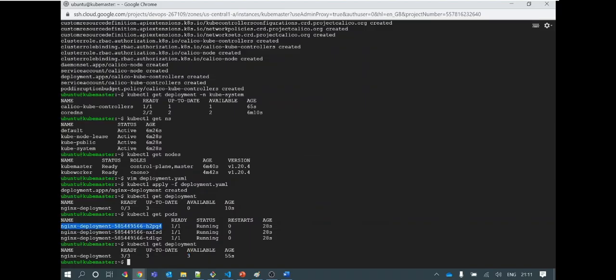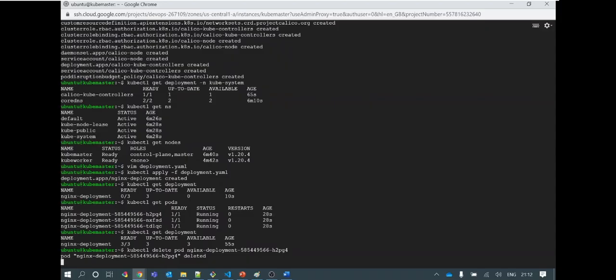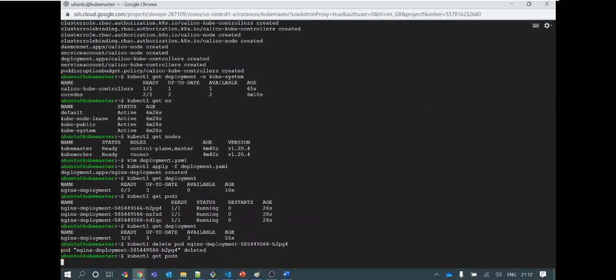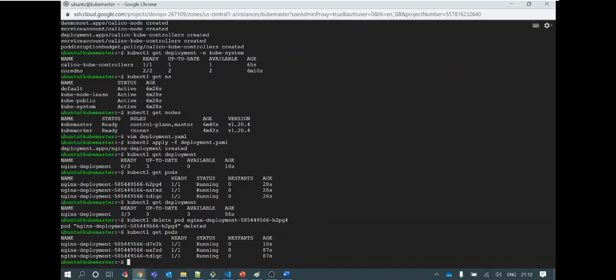Suppose I delete this pod. Let's see how the deployment manages the number of desired replicas. How can we do this? Using kubectl delete pod. Commands are very simple and easy to keep in mind. Let's delete this pod. What will happen? I have deleted this pod, and you can see it is not available here, but I still have 3 pods running. One is just 10 seconds old.